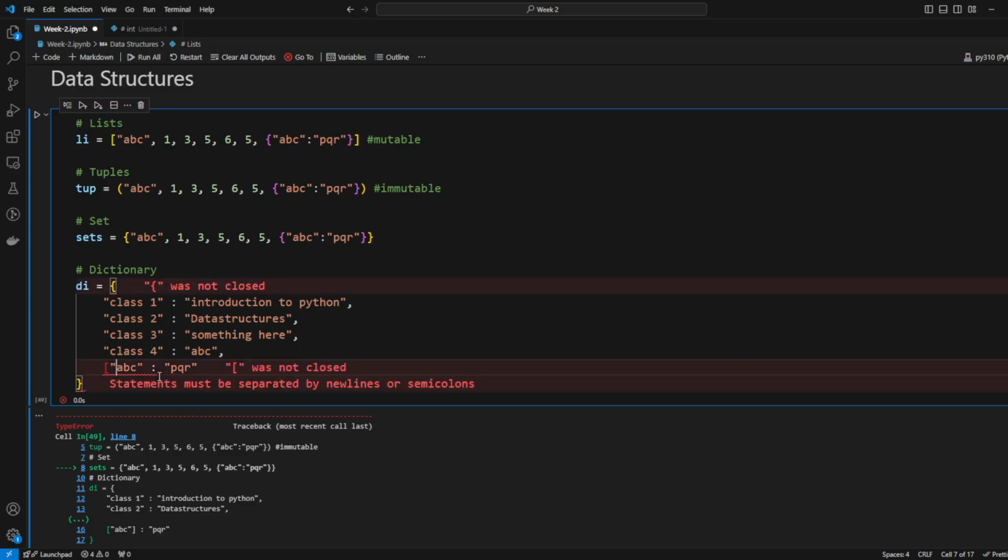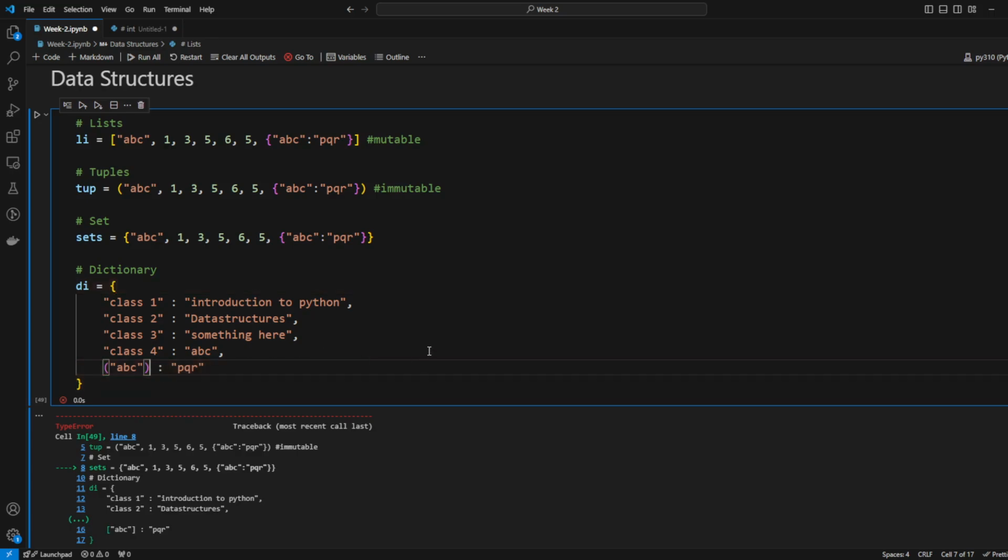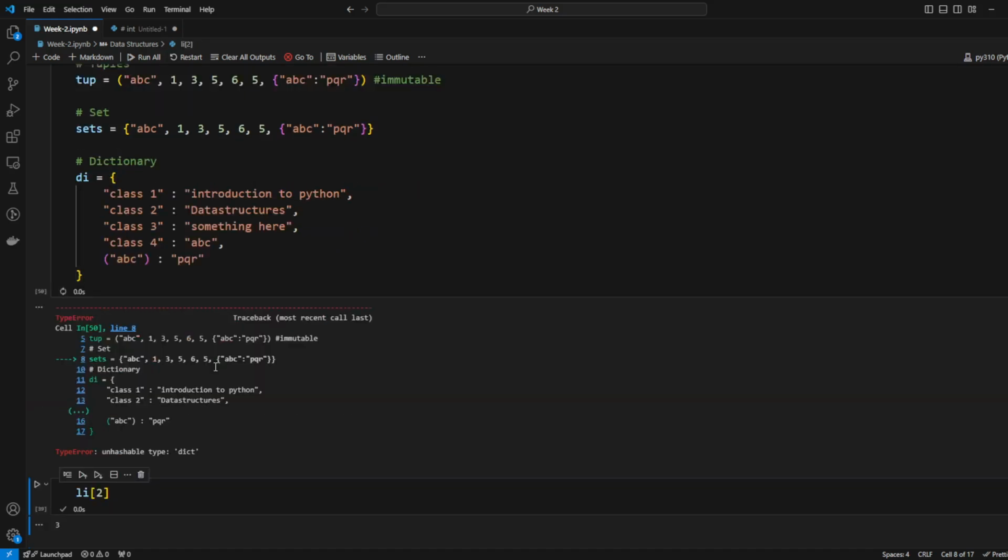Here you can put a tuple instead if you want. As a key you can put a tuple. There are very random, very unique cases where you'll use tuples as a key. You'll rarely use it, but